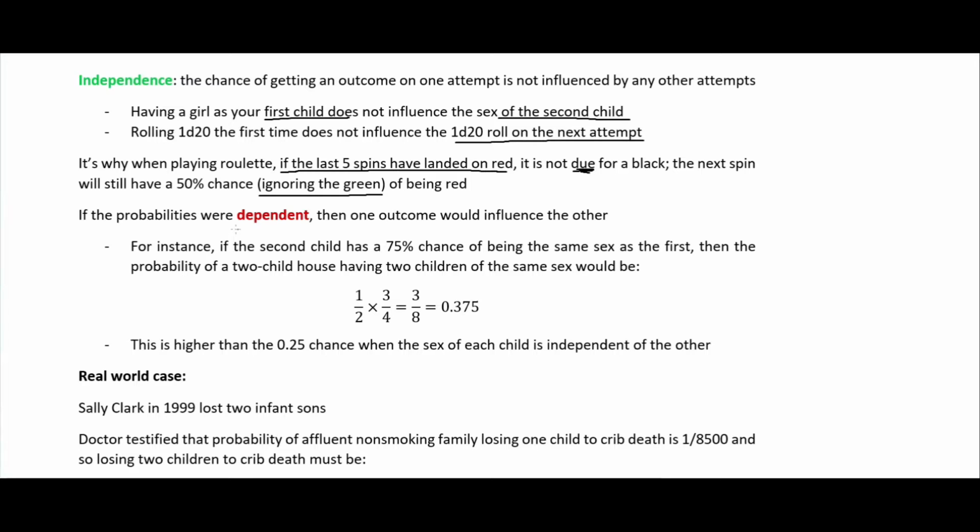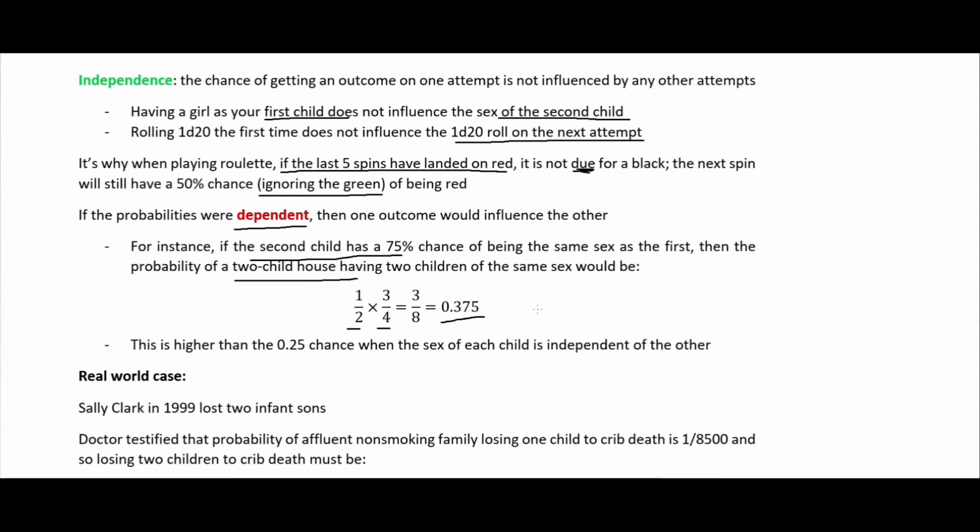So if the probabilities were dependent, then one outcome would influence the other. So for instance, say the second child, so we have one child, the second child has now, instead of a 50% chance, a 75% chance of being the same sex as the first. Then the probability of a 2-child house having 2 children with the same sex would be 1/2 times 3/4, which is 3/8,